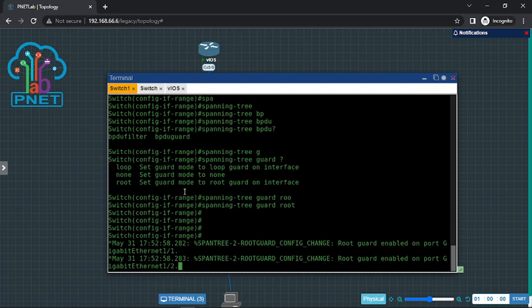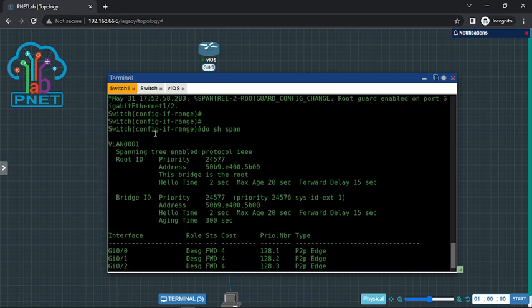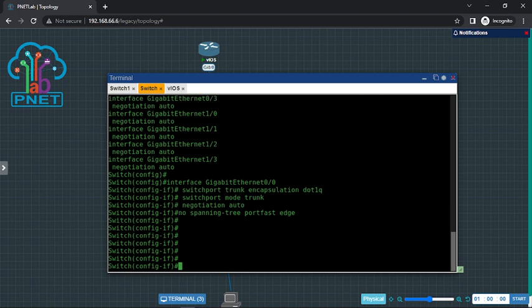Okay, root guard enable on port gigabit interface. And as we can see, if we do show spanning tree, we can see that in VLAN 1 this bridge is the root and the priority is here. If we set the primary in here as the priority of the VLAN,